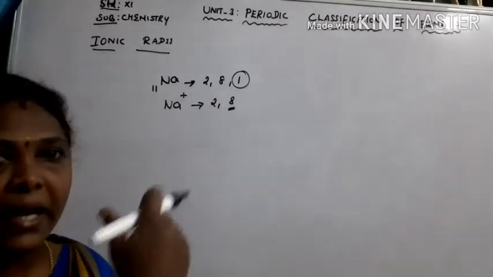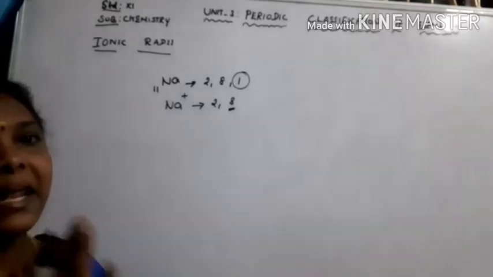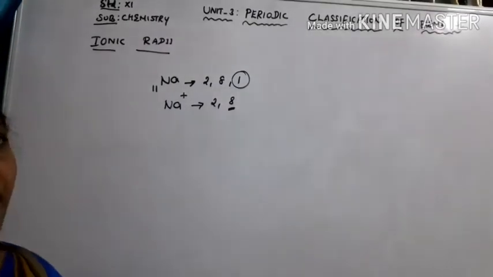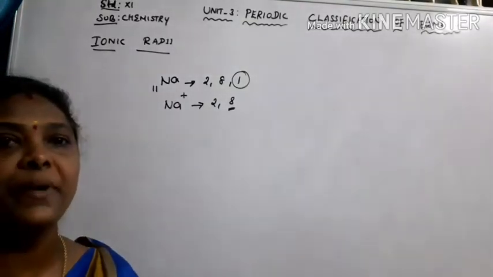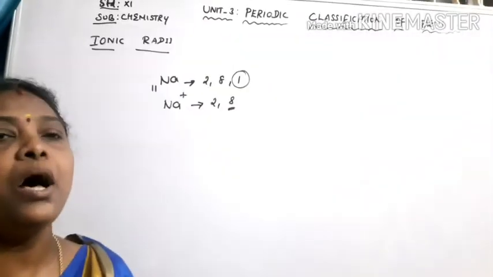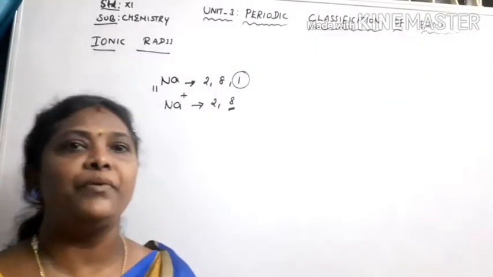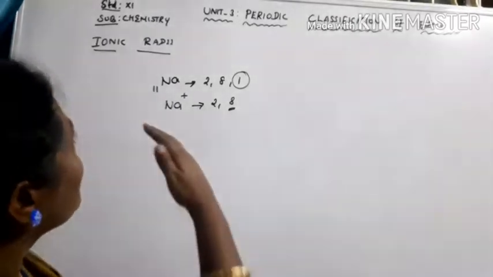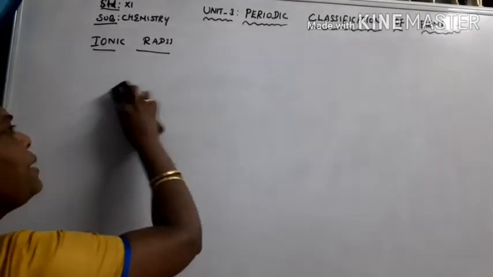After the loss or gain of electrons, an atom attains its inert gas configuration, that is, a stable electronic configuration. Such an atom, either by gaining or losing electrons, is what we call an ion. A positive ion is called a cation, and a negative ion is called an anion. So how do we calculate the ionic radius? Dear students, you already know how to calculate the covalent radius as well as the metallic radius. In the same way, today we are going to calculate the ionic radius.